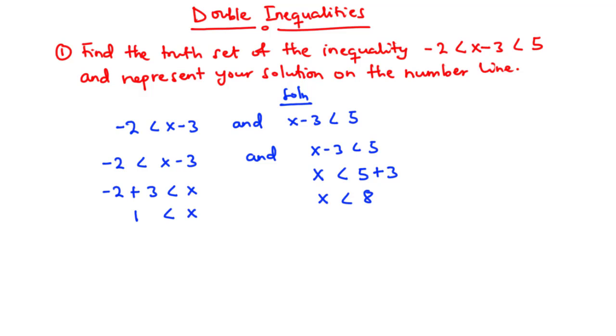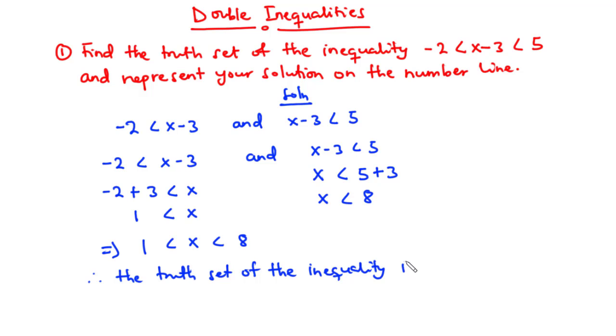Now we are going to combine the two so that we have 1 is less than x is less than 8. Therefore, the truth set of the inequality is x is such that 1 is less than x is less than 8. So this is our solution set or our truth set, and then we are going to represent this on the